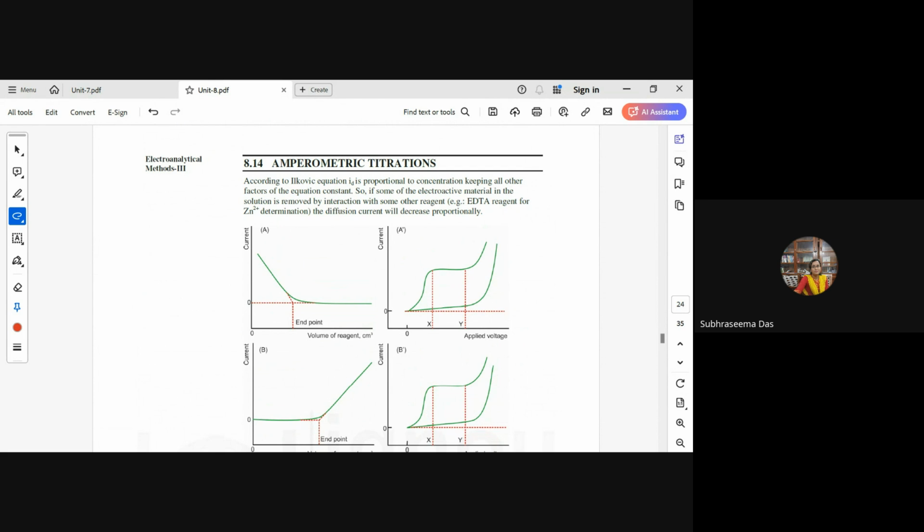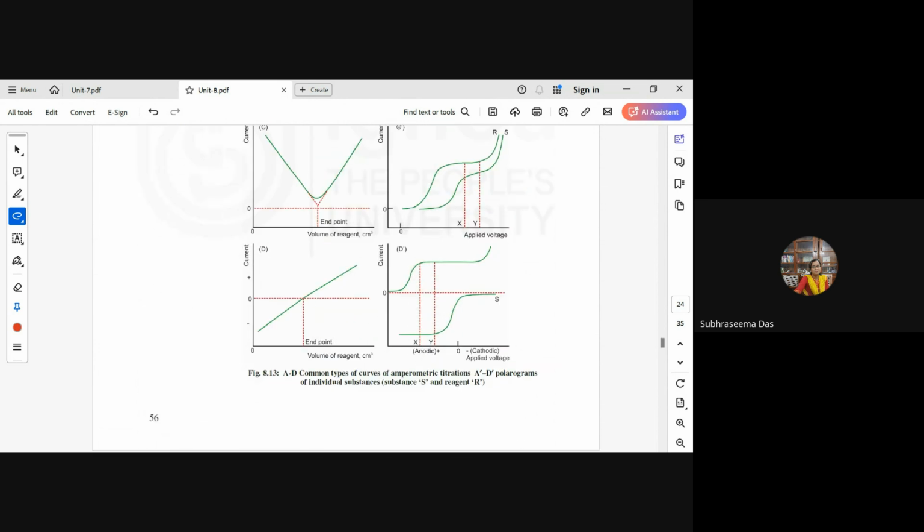Now, when we use the Ilkovic equation, that is Id = Kca, the diffusion current is proportional to concentration, keeping all the other factors of the equation constant. So, if some of the electroactive material in the solution is removed by interaction with some other reagent, let us say EDTA for zinc determination, as it forms a complex with zinc, the diffusion current will decrease proportionally. Now, from figure 8.13, various common types of amperometric titrations, that is A to D